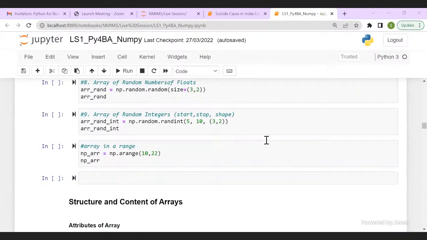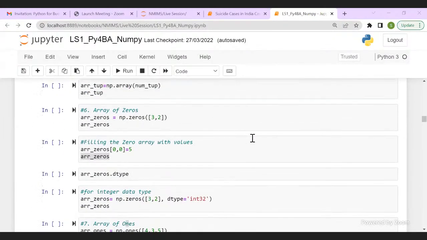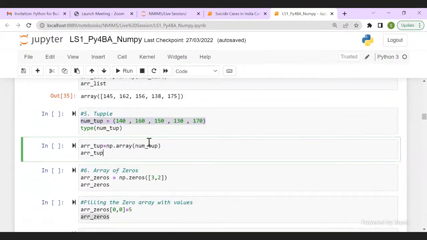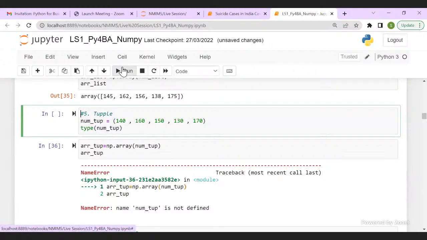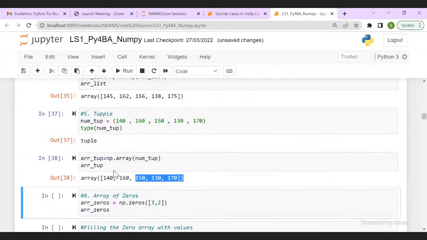Okay, so let's go ahead with our arrays and finish creation of arrays and move further. Now I have created from the tuple. So just copy your list, change your brackets, and you have a tuple, and you can create your array invoking the same array function. Instead of your list name, you can give your tuple.